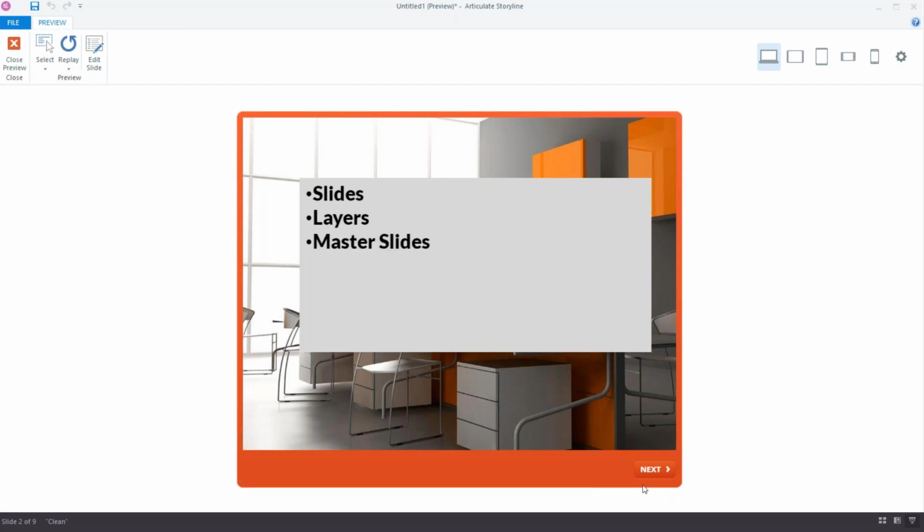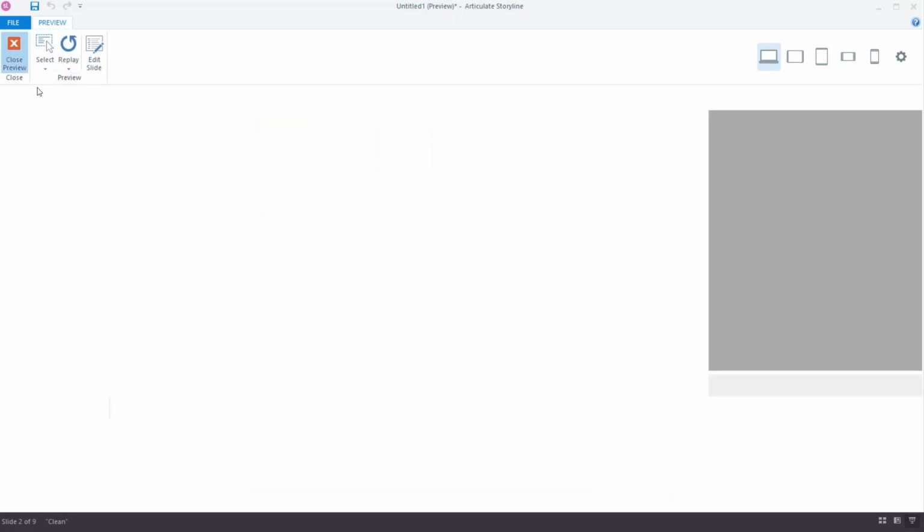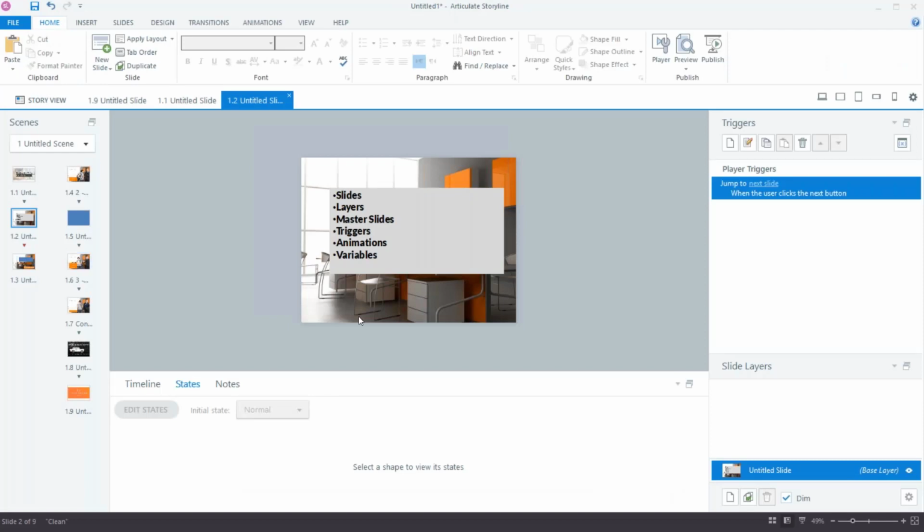I don't have a lot of customization I can do to them, and I can't move them. And so if I go in and I say, I'd rather have it be my own look and feel, I like the cleanness, I don't want to see that frame around the slide or whatever, I want to create my own, that I can control what they look like, what they feel like, and I can have, for instance, a style guide that dictates what they look like. I can do that. Maybe I want it to be my company logo that's a navigation button, or a certain icon set that we use.